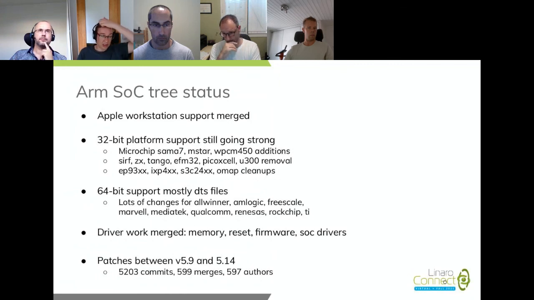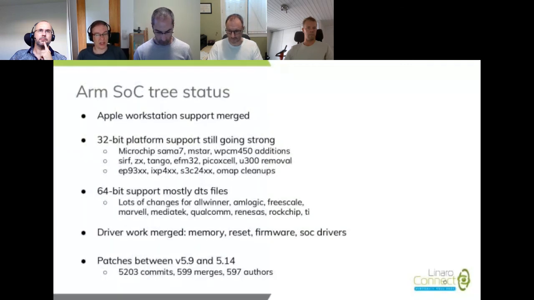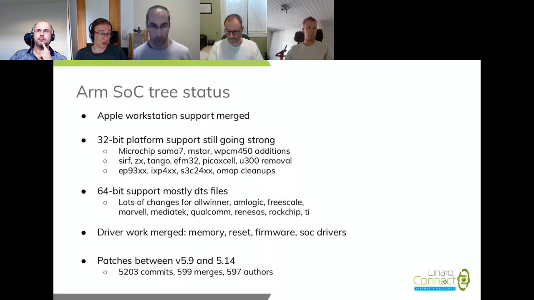In total, I've listed over 5,000 commits that were merged over the past year through our tree. We had around 600 pull requests that we merged, and around 600 authors that contributed at least one patch.